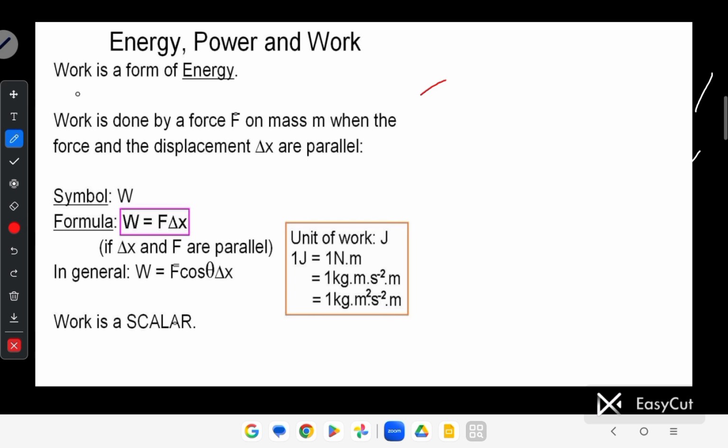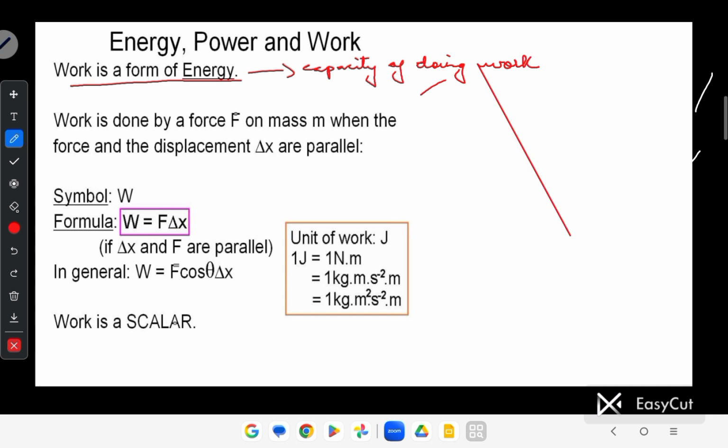Okay, fine. Work is a form of energy, and energy tells you the capacity of doing work, the ability to do work. So what sort of work are we going to talk about here? We are going to talk about